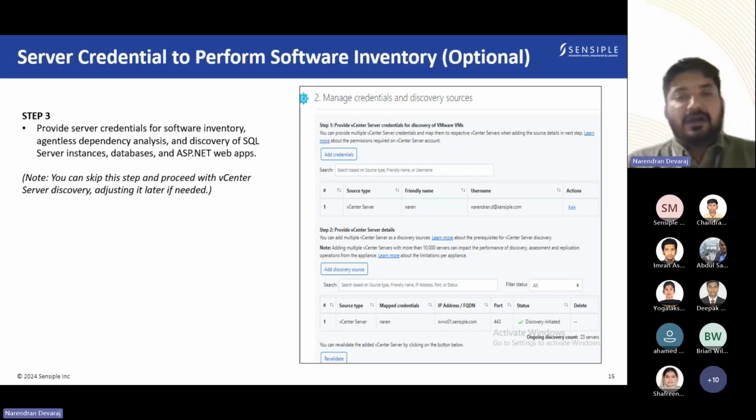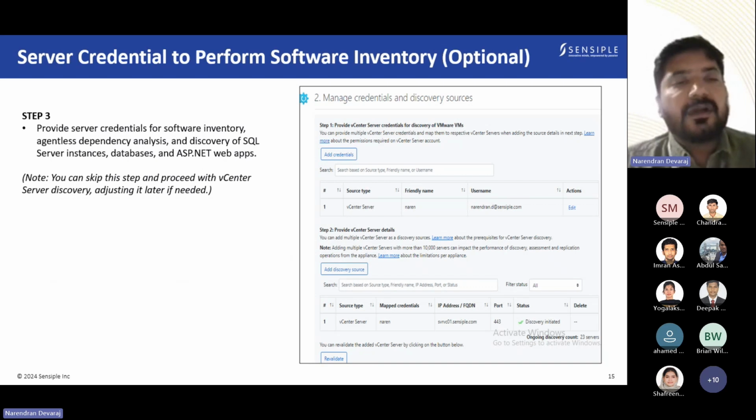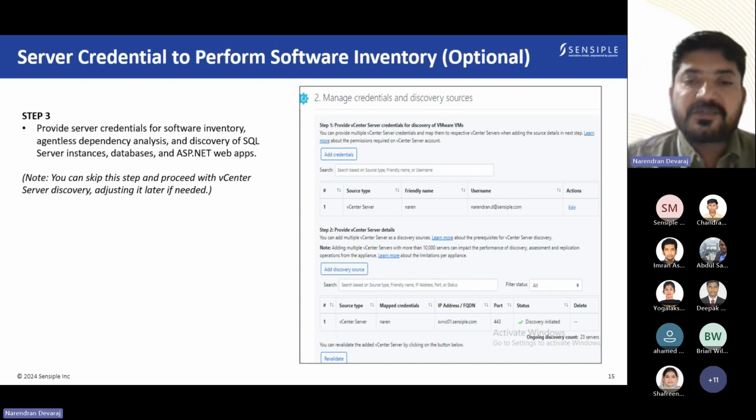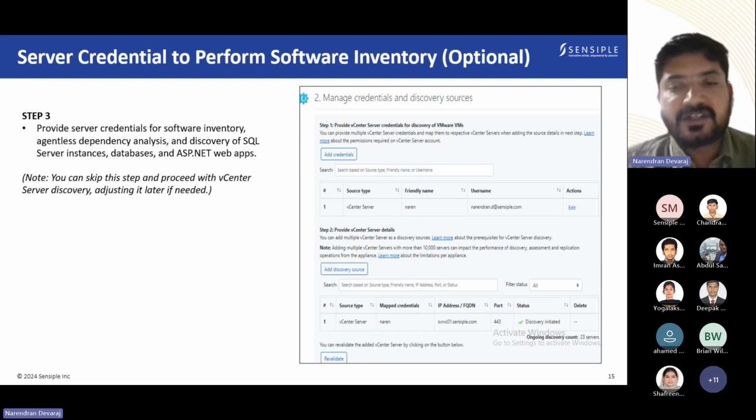And if you want to discover your applications, make sure that you provide the credentials of your application servers, whether it is ASP.NET, a SQL database, or any database. Make sure that you are giving the credential and it has been mapped below. So once it has been done, you will be able to start discovering